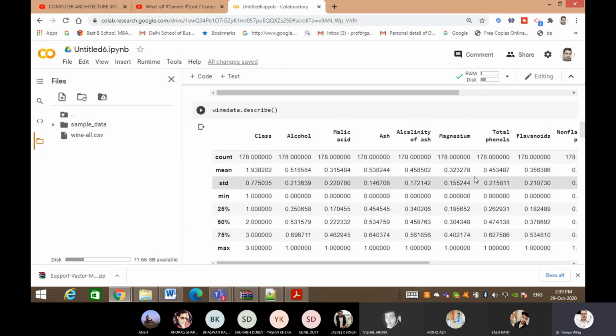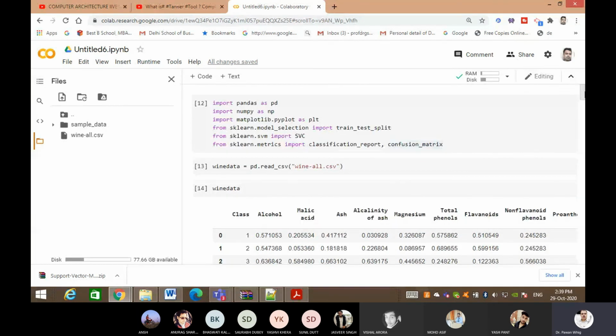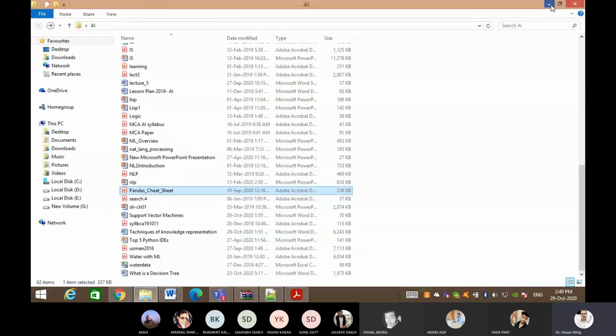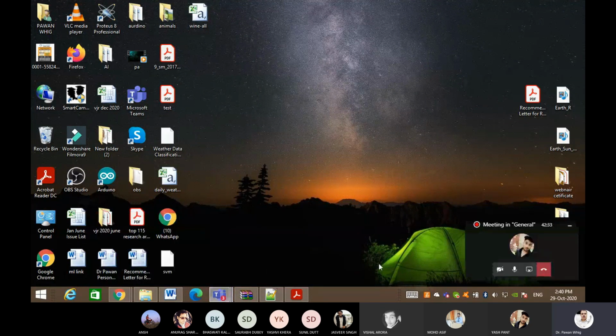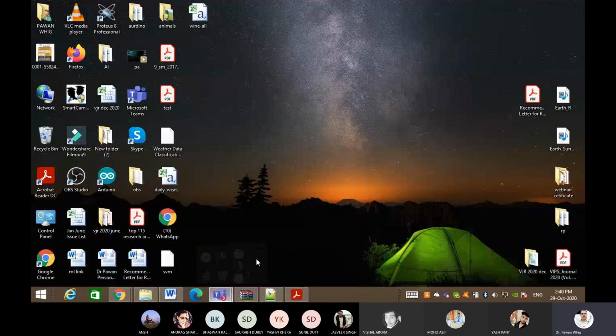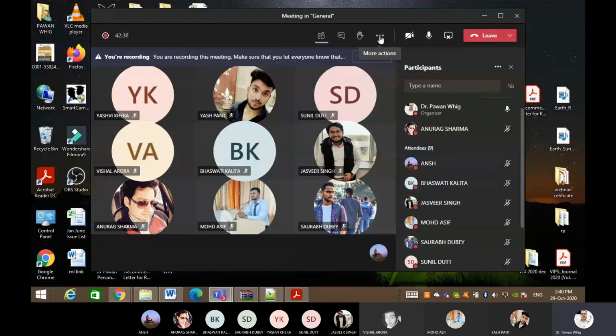Okay. Does anyone have any problem with this? I don't think anyone will have a problem. So SVM, I think everybody understands what SVM is. Now I am sharing these two files with you all so that you can also perform your practical on these two. So let me share this also. Before that, if anybody has any problem you may ask me.